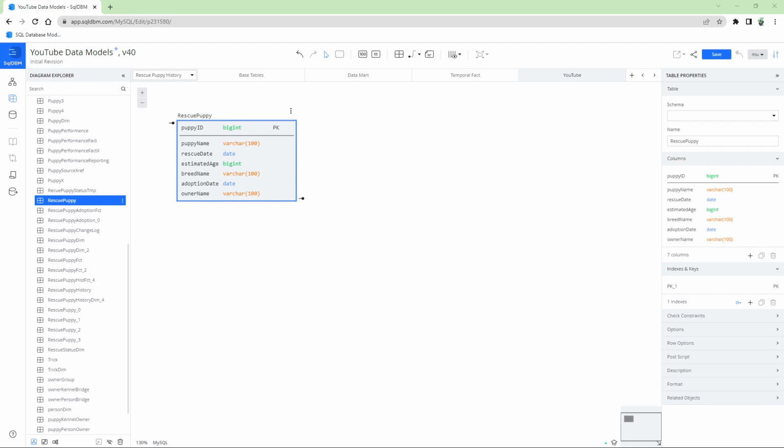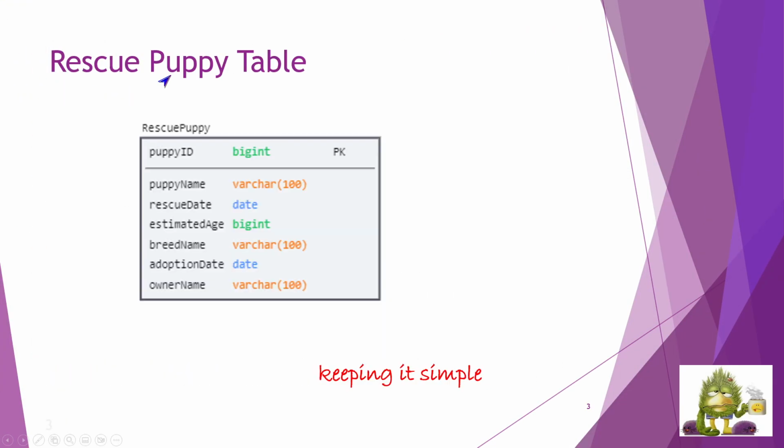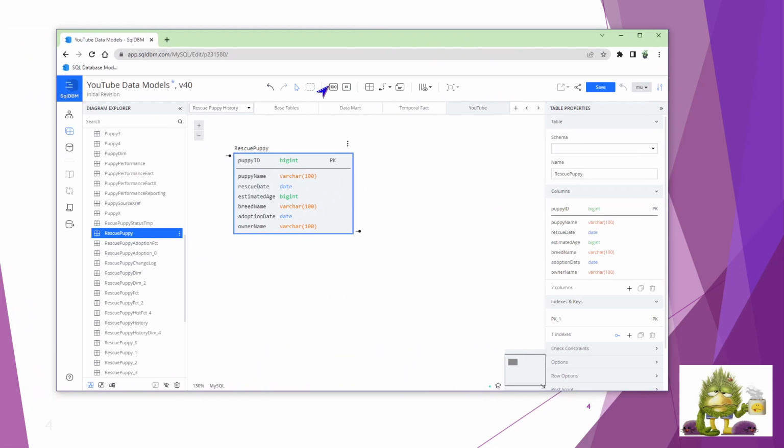So what do we talk about from a history standpoint? Well, now we're going to begin to drop this into the different nomenclatures that are used by data architects and data modelers, and we'll talk about the different history types. History type number 0, which is simply to ignore changes. In history type number 0, we'll bring these two puppies in here,